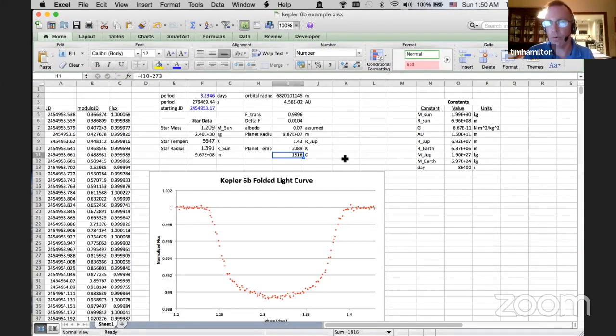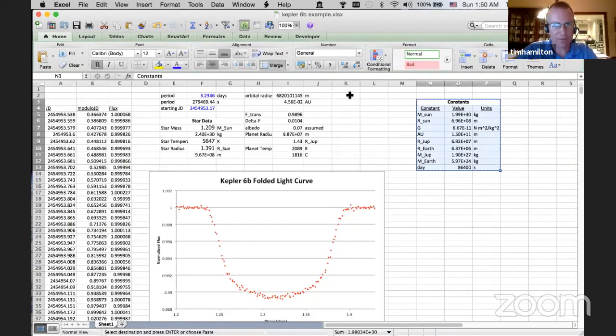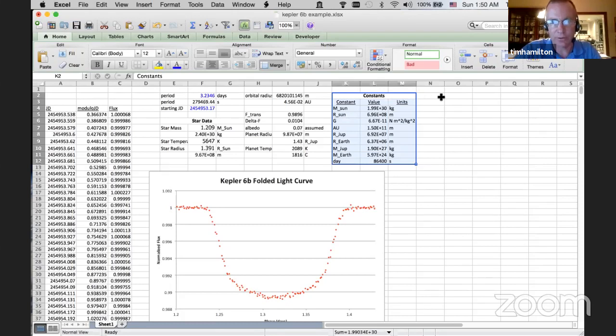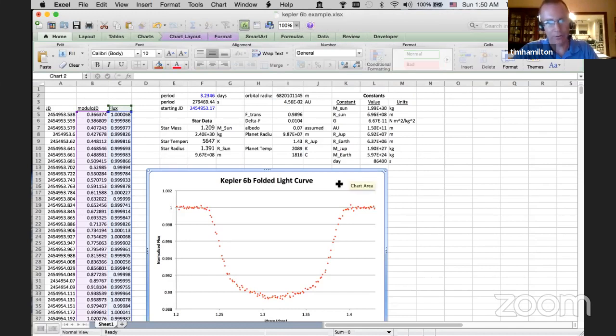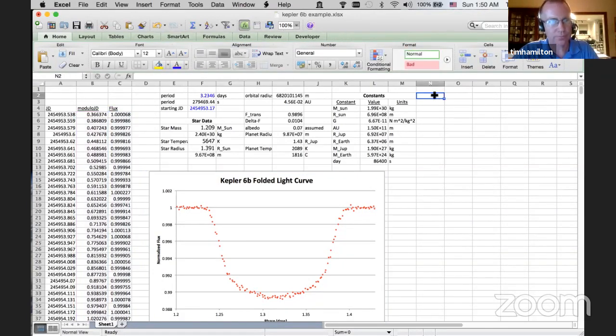Let's do one more thing with this. We're going to find its composition. And this is actually, I think this is a really neat thing here, because you can get so far into it using only Kepler and observations of the star, but you can get really deep into it if you take the radial velocity data from another observatory. Okay, and now you're really going to be starting to do some planetary science.